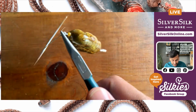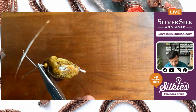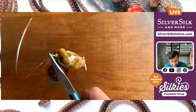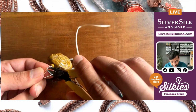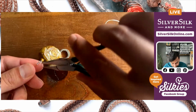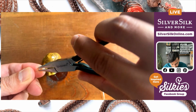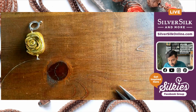Okay, I'm going to go ahead and wire wrap this around. I love these wire wrap loops because they are so secure. I can definitely guarantee that this piece won't come apart because it is secured by that wire wrapped aspect of it. So go back in, make sure that this is nice and closed. All right, so now we can string on our